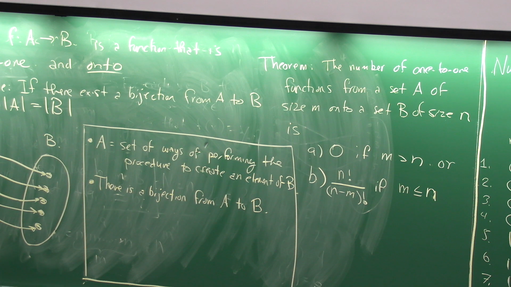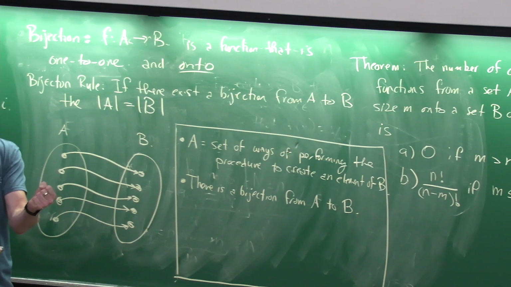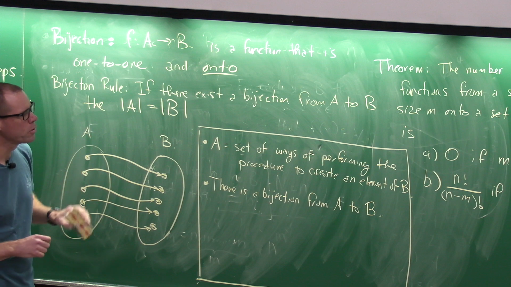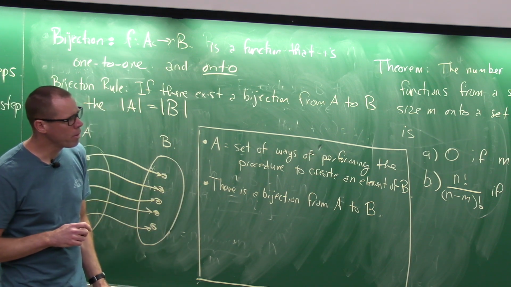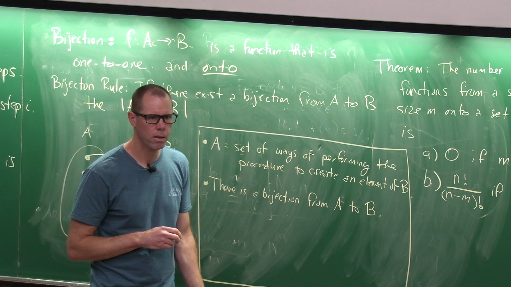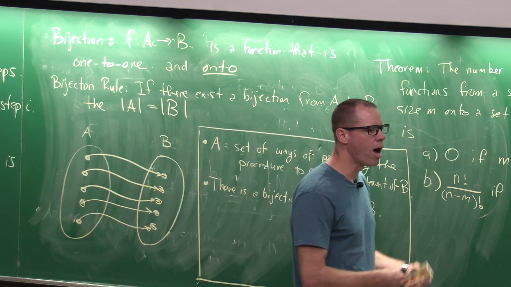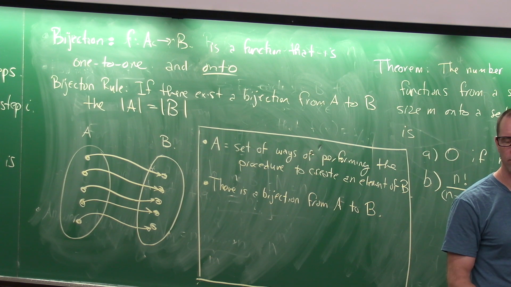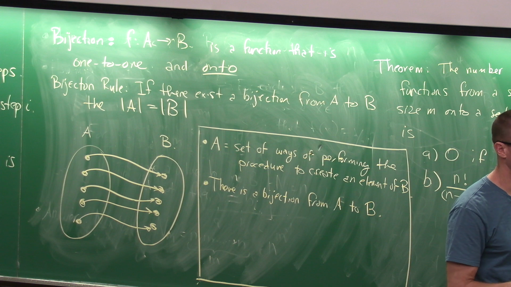So when you want to use the product rule, you should keep in mind, either explicitly or implicitly, that you're really establishing a bijection between the executions of the procedure you're describing and the objects in the set that you're counting. And sometimes the more common mistake is you mess up the one-to-oneness. So it's very easy to describe procedures where there's 2 different ways to execute the procedure that give you, let's say, the same bit string, or that,